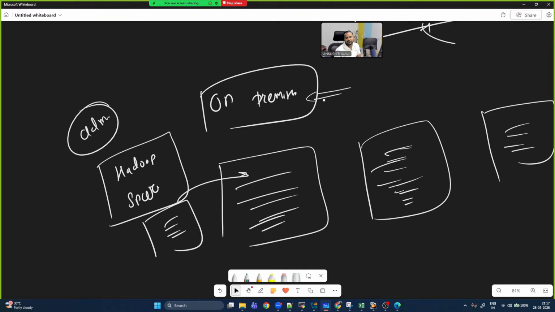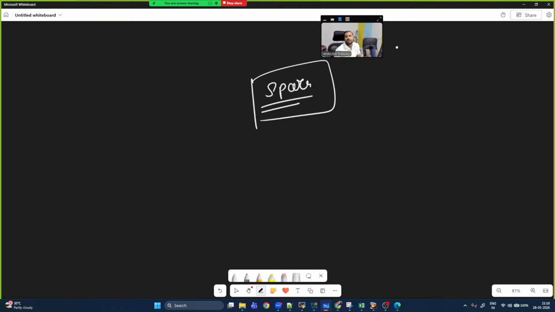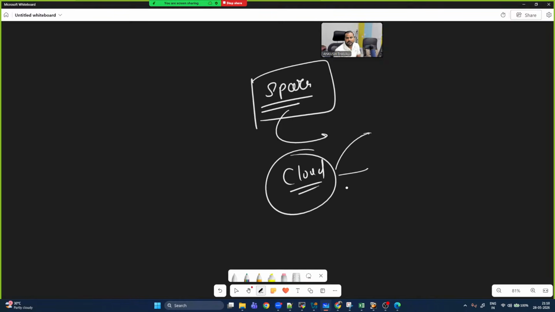That is the reason now, for all these services, you talk about Spark, nowadays Hadoop is very rarely used. Yeah, some of the projects are still using that. So when you say Spark, earlier it was hosted on premises, now you can host the same thing on your cloud also. In cloud there are multiple vendors, like we have AWS, GCP, Azure.